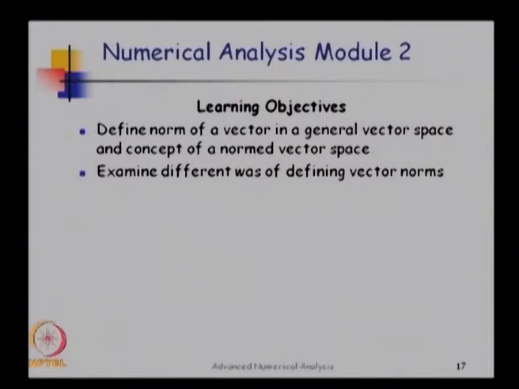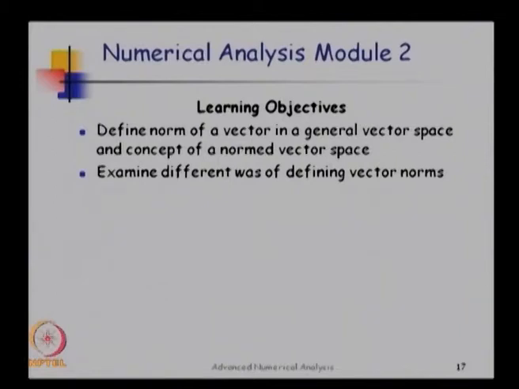Well, when we work in a 3-dimensional vector space, what are the things that you actually need? When you work with vectors, we need to know about the length of the vector. So when you move on to generalized vector spaces, we define something called the norm of a vector, which could be viewed as a generalization of the concept of length of a vector. So we are going to distill out essential properties that define length in 3 dimensions and generalize them to this concept of norms.